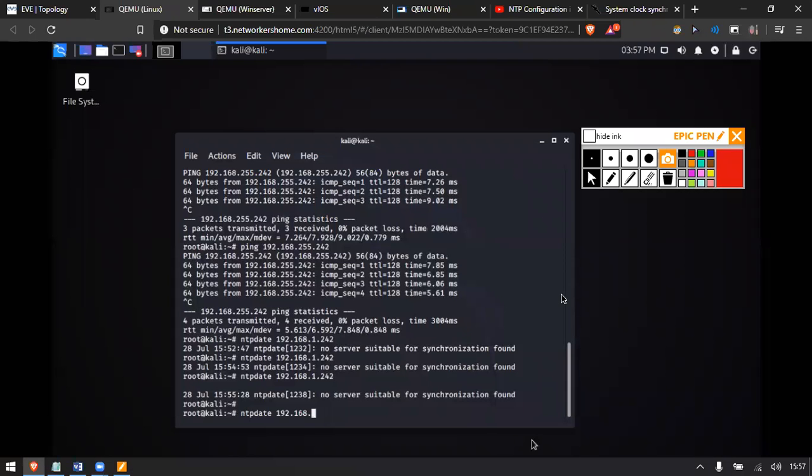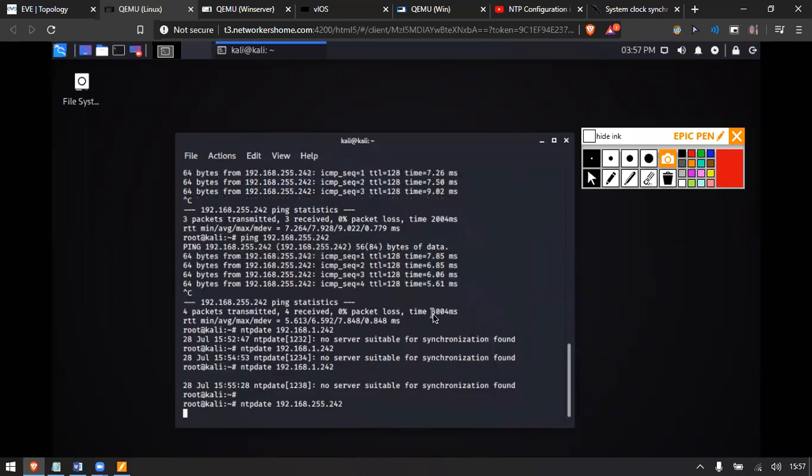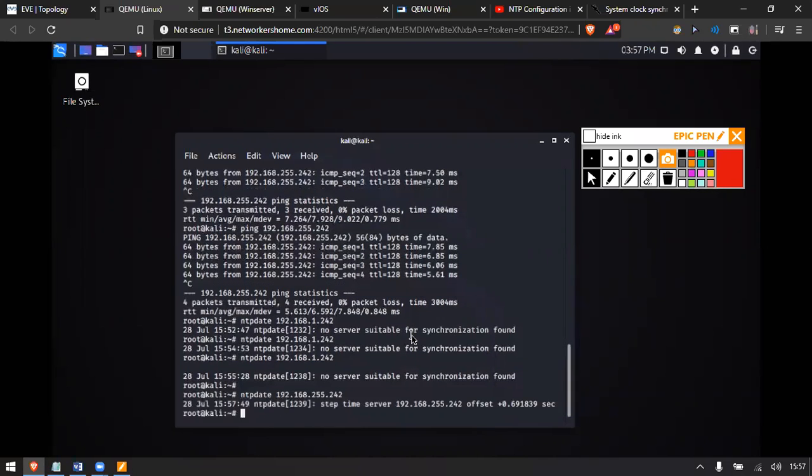So I was typing the IP wrong. It's 255.242. And if you hit enter, it got the time from that IP.